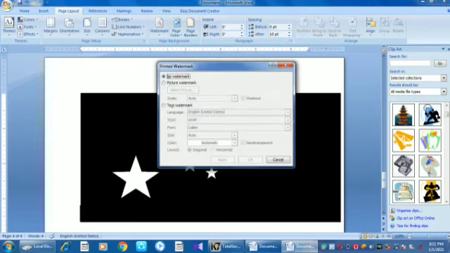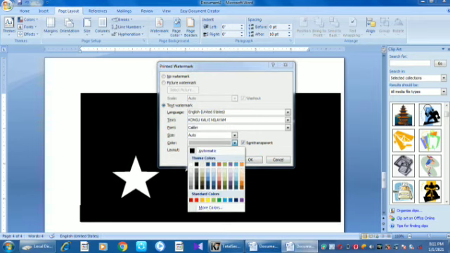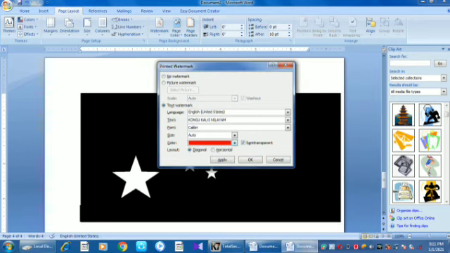Suppose we want to create our own means we can click the custom watermark. The dialog box will appear like this. Here we can choose any picture. Suppose we want to insert picture, we have to click this button and select the picture. Suppose we have to add the text means we click the text watermark. Here type the text. Instead of ACP I type Kongu Kalvi Nilayam. Suppose our document have 1000 pages means within seconds all the pages will display the text Kongu Kalvi Nilayam behind the text. Suppose we want to change the color means we can do it in the color options. Then apply, close.